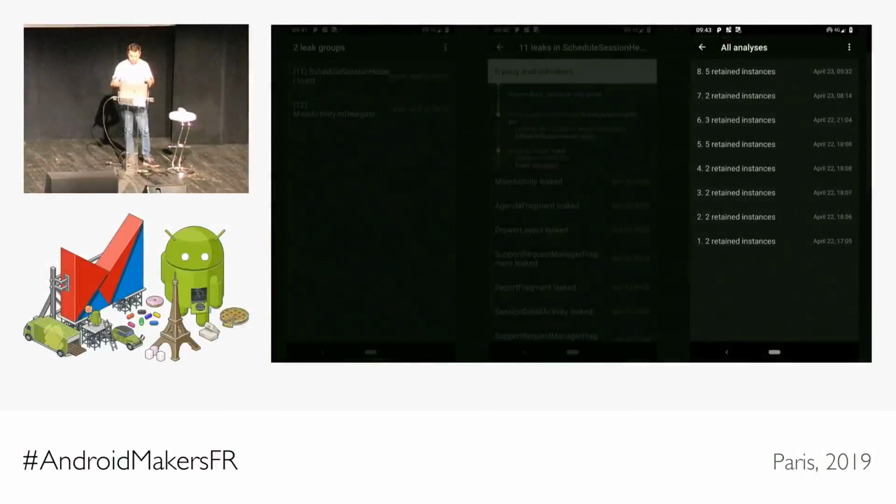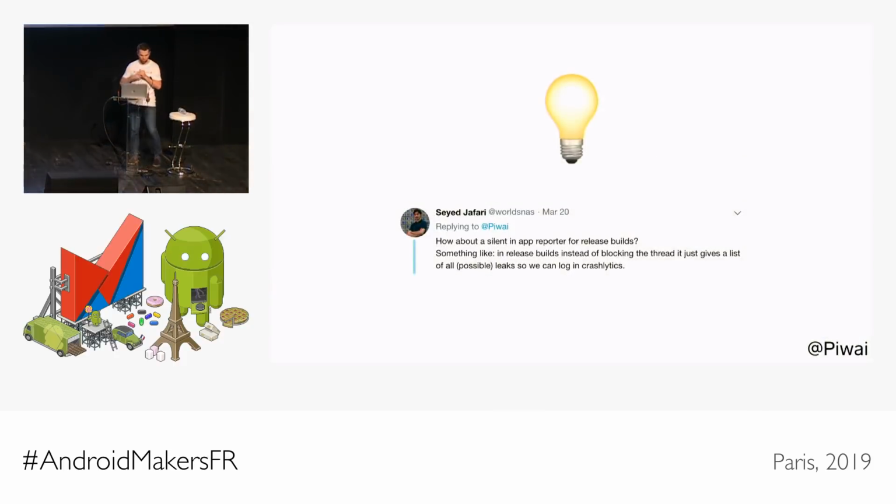So that's it for grouping. I think this is going to be really interesting for having a better understanding of how many leaks you have. Now let's talk about this tweet and this idea of release builds. I don't know if that's exactly what Sayed meant, but essentially in release builds, I want to know how many leaks I got. Maybe I can't do the heap dump and the analysis, but at least I want to know how many leaks